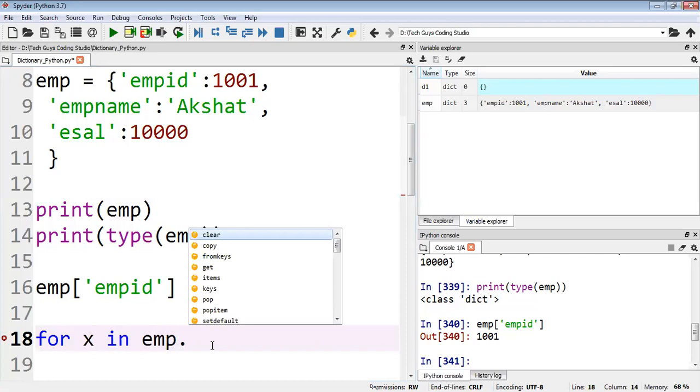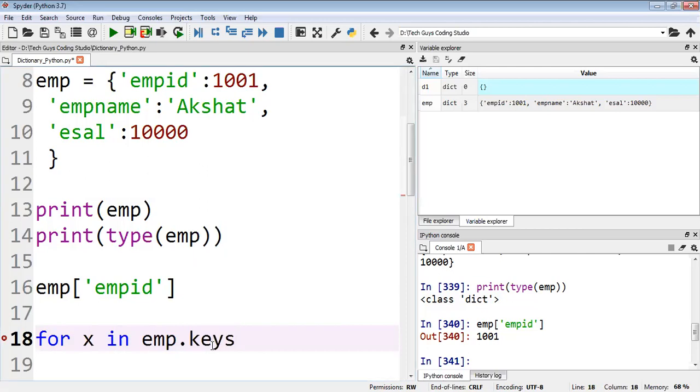I'm just taking one or two methods here; other methods we'll discuss in another video. First I want to display what keys there are. Keys is a method, so I'll use it, press enter, then print x.